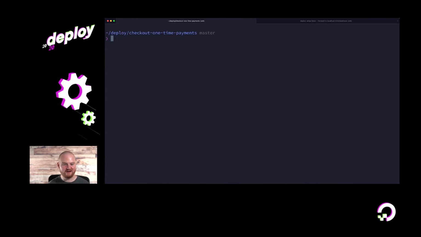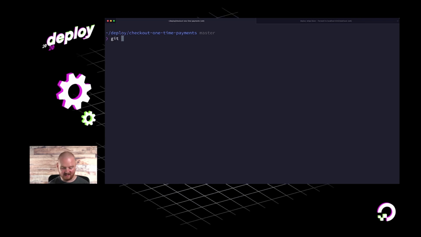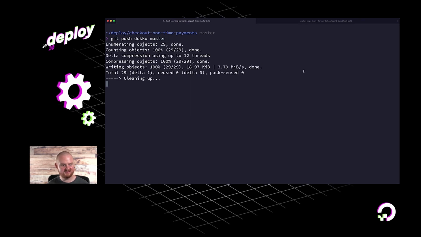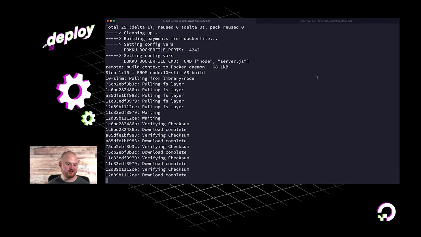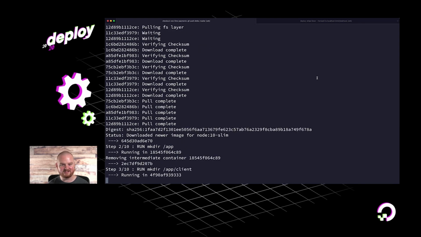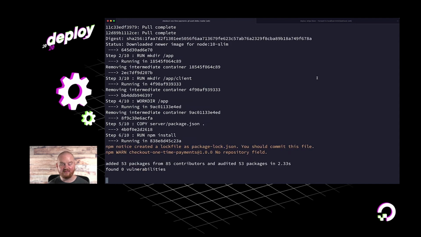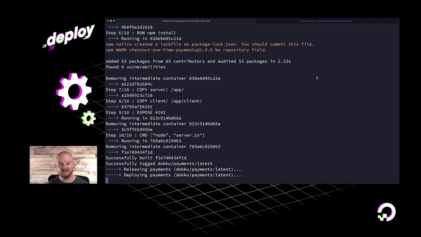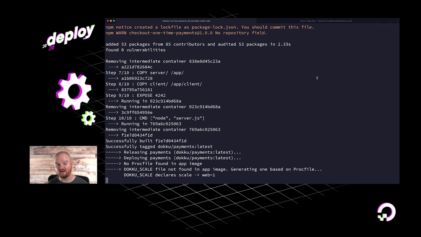All right, let's push this up to DigitalOcean, and then we'll set our environment variables using that .env file. So we say git push dokku master, and this will push as expected and should use that Dockerfile that's in the root of the project. And then we're going to say dokku config:set with the file option and point it at that .env file, so we can actually just use the environment variables that we've already set. So we'll start with those